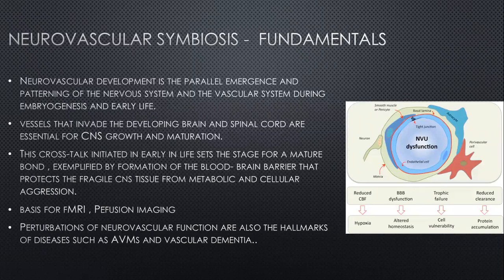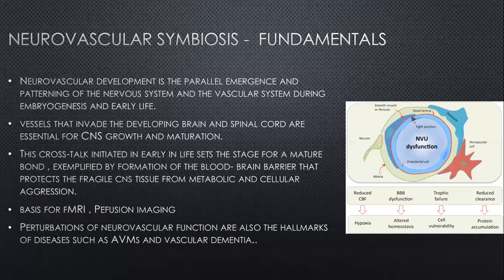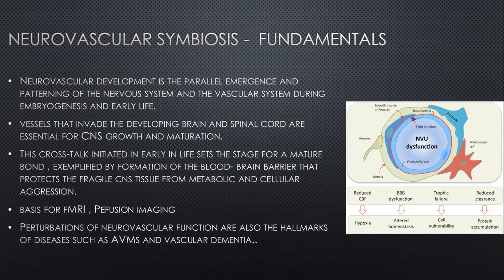Right. So the fundamentals of this symbiosis. Why do I call this symbiosis? Because the brain, the developing neuron, the astrocytes, the glial cells, and the developing blood vessels are emerging in parallel with each other. It's not as if the brain has developed up to 3-4 weeks and subsequently gets impregnated with the blood vessels. That's not the case. In fact, the development occurs in parallel as the nervous system patterning is occurring, and we have seen this patterning in our discussions on embryology. Similarly, the vascular system is developing along the same lines.